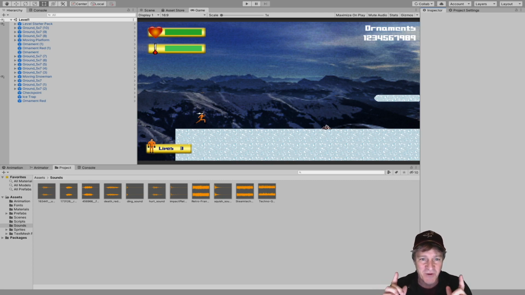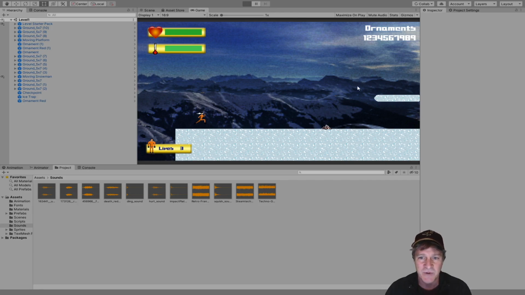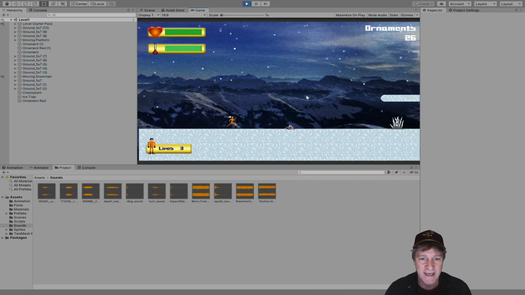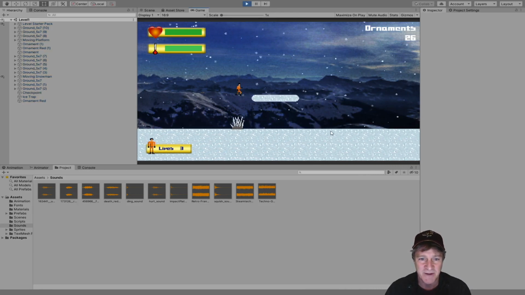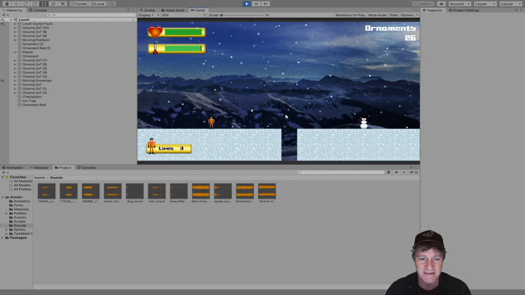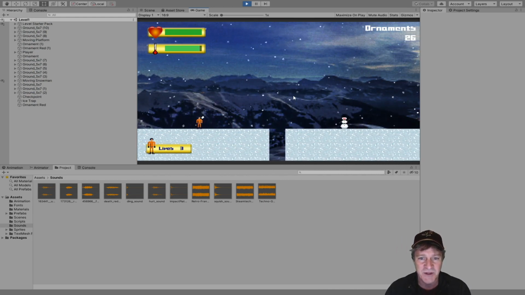So I mentioned the snowfall. The second thing that I worked on was the background image here too. And this was something I didn't draw. I found the image on Pixabay, which is a great source for free images. And then I brought it into Photoshop and pixelated it a little bit. So now as the player moves along here, we get a nice backdrop in there. It's better than that solid blue backdrop and things like that. So that feels pretty good to get in there.